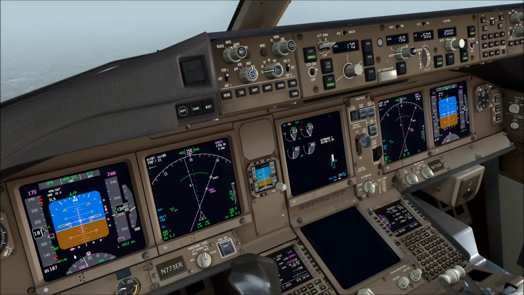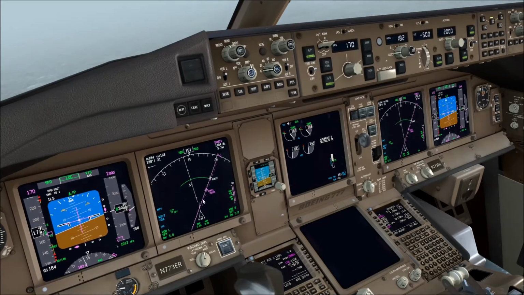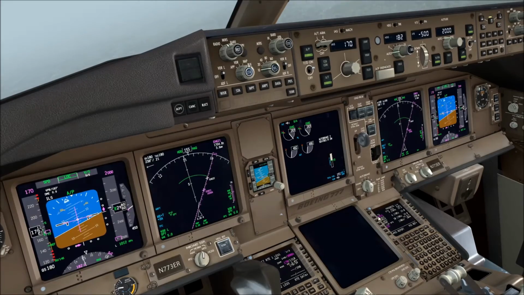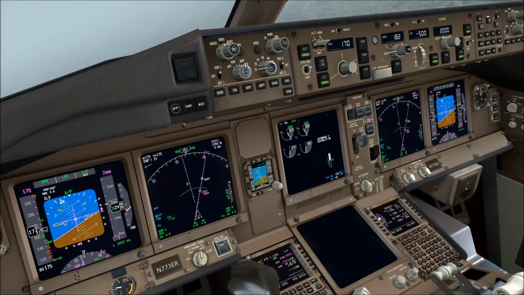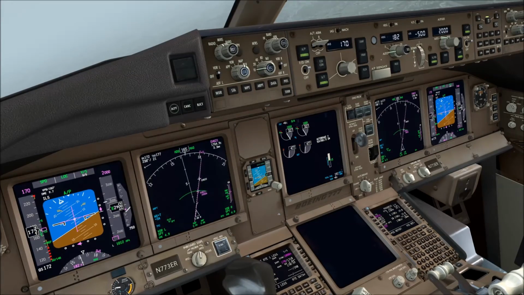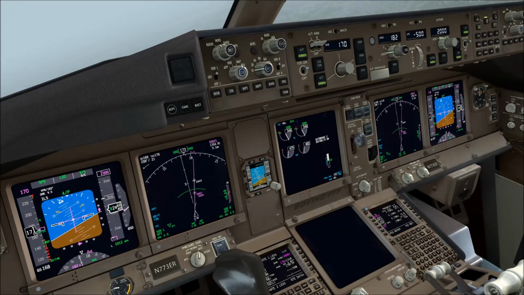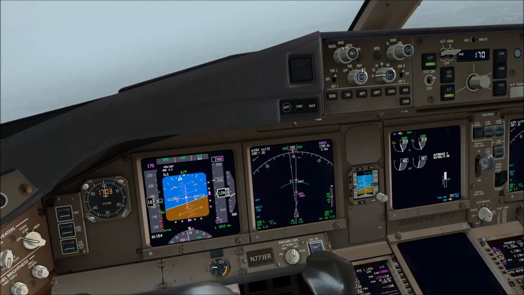So the localizer is alive, and the glide slope is alive, and now localizer capture. So you can see the heading bug, and the heading in the MCP is set automatically to the runway track 182 in this instance, and we're just about to intercept the glide slope, so we'll have achieved the continuous descent